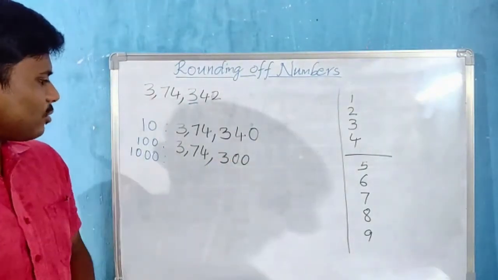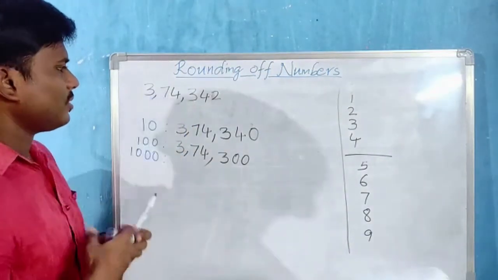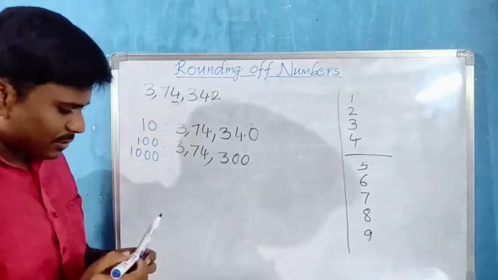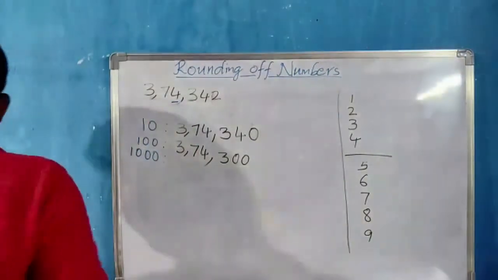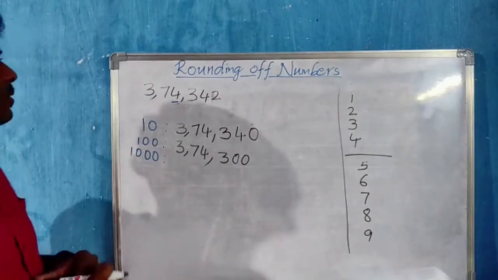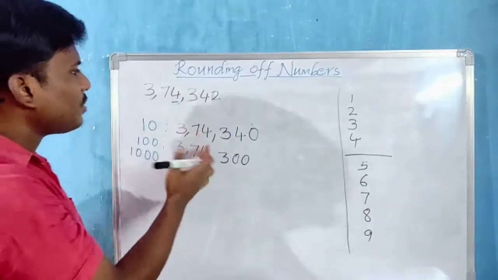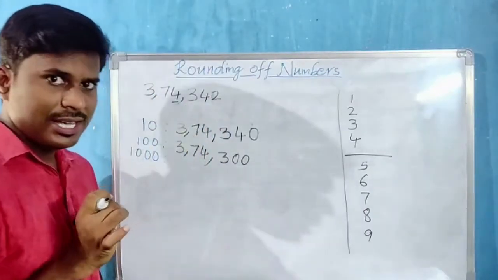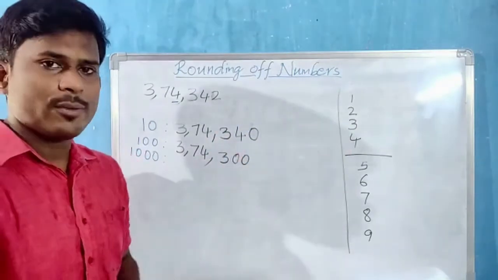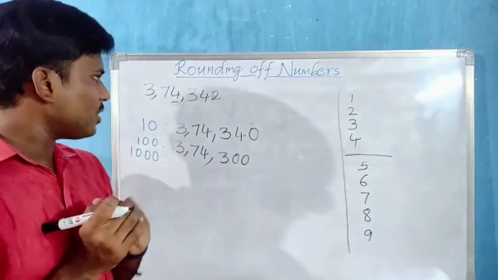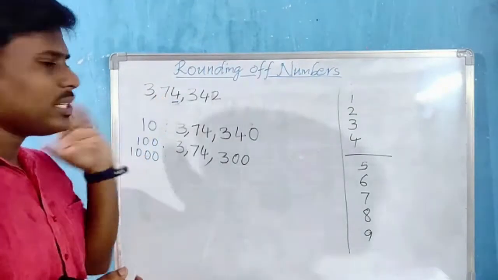Let us round off the given number to the nearest thousands. So I am rubbing this. Nearest thousands means the thousands place is 4. Now 4 is the rounding digit. Now see, immediate right, which digit do we have? 3. When the immediate right digit of the rounding digit is 1, 2, 3, 4, we need not change the rounding digit. And see, left side 2 digits we have.